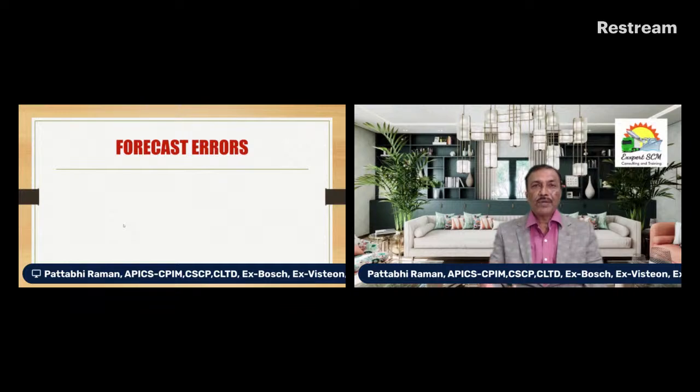Because whenever you do a forecast, going forward you have to come back and check what forecast you made and what has actually happened. That's where you validate your forecast. What are the methods in which you can measure the error? Can anyone type in the comments what the basic methods available are?